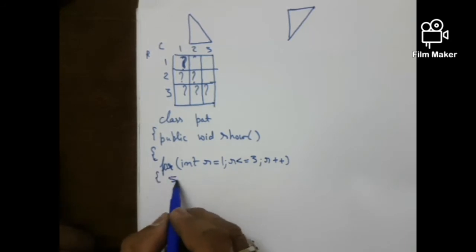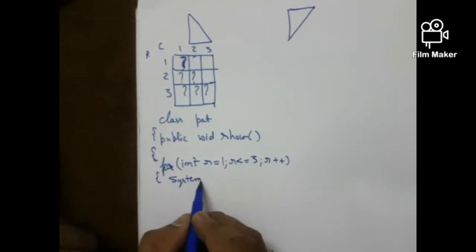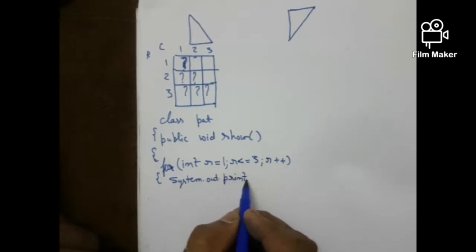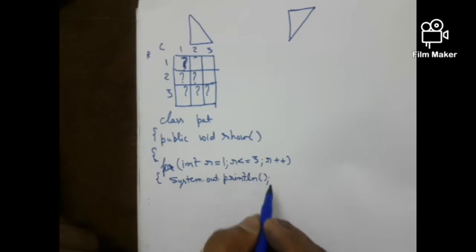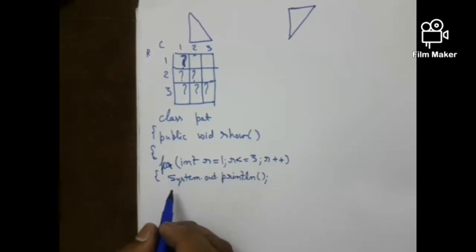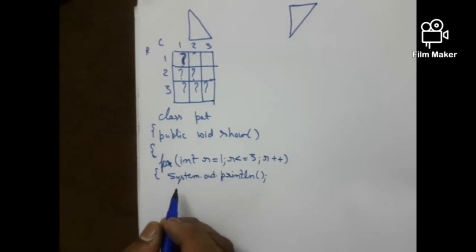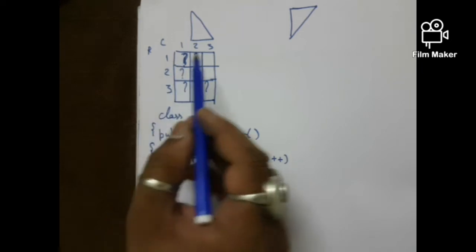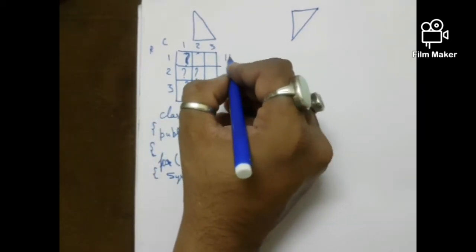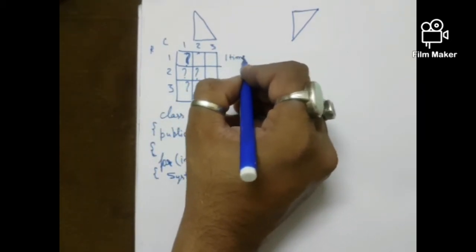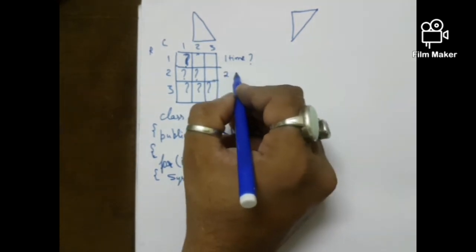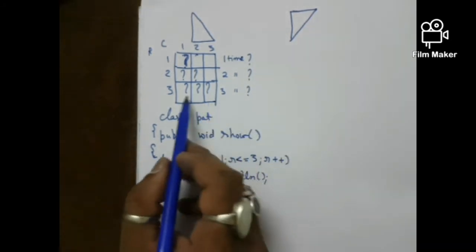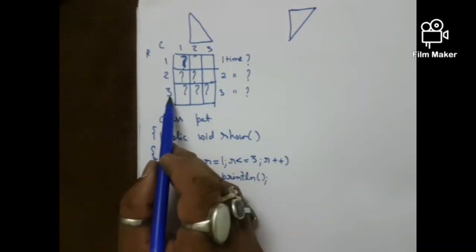After that, as I always advise you students, write the statement for changing the line so that later you don't forget about it. If you forget, then it is already there. So just write this changing the line statement and forget about it. Now what is happening here? First row, 1 question mark, 1 time printing. Second row, 2 question marks, third row 3 question marks. That means printing in the column depends upon the number of the row.